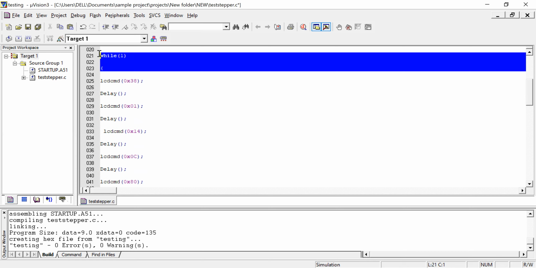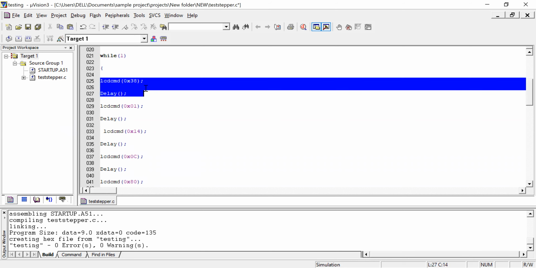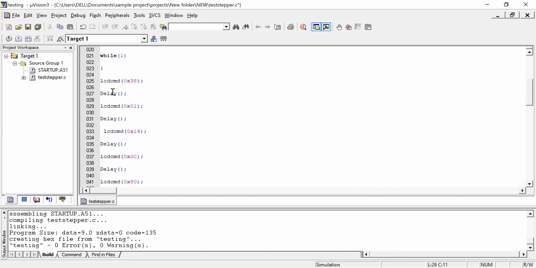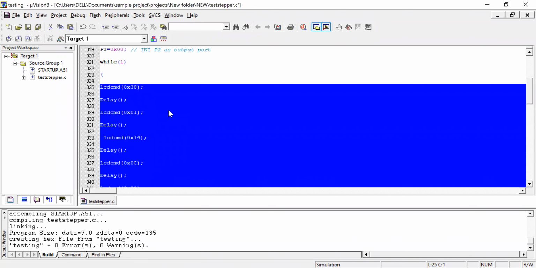Then I'll put it into a while loop. Now what I'm going to do, I'm going to send my commands first. I'll send the 38H command, delay. Then I'll take command 01H, delay. Then the command 14H, delay. Then 0CH, delay. And then command 80H, delay. So these are all the commands I'm going to send to the LCD.